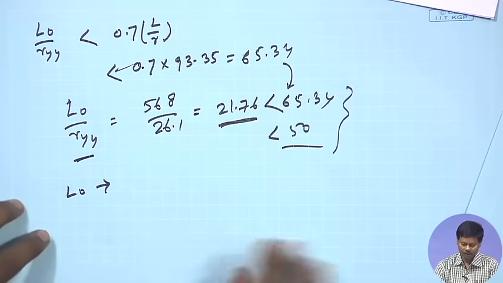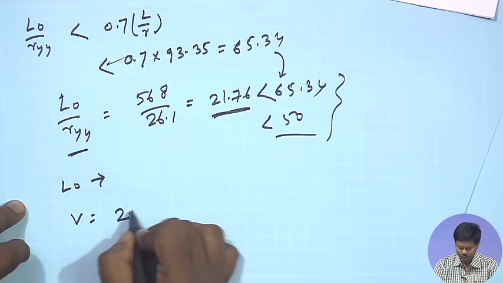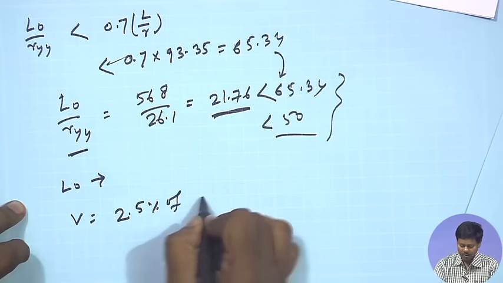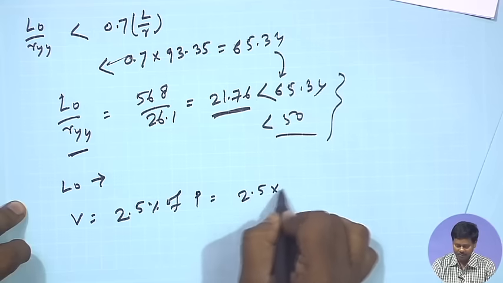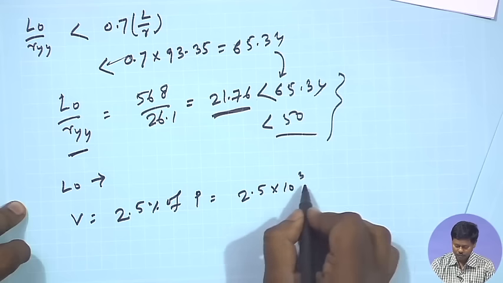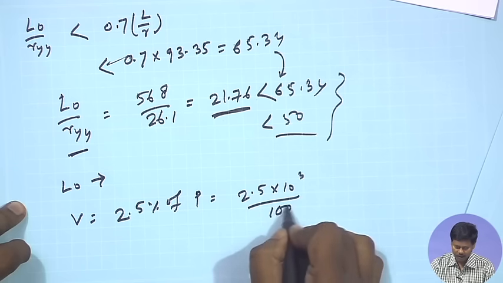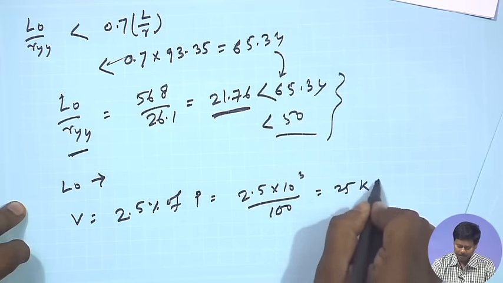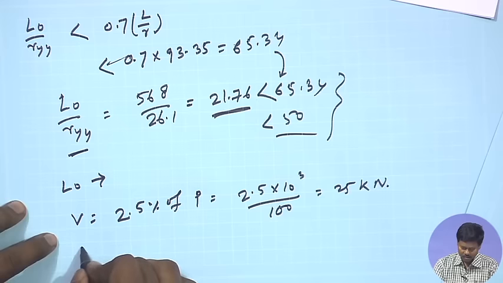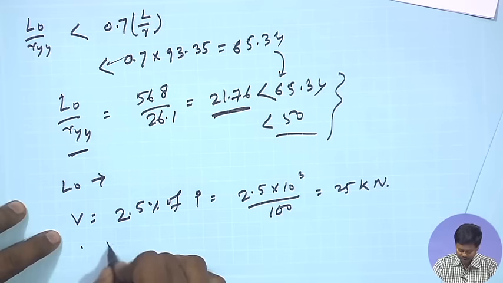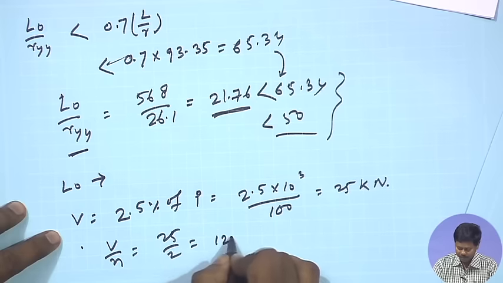right. Now, we will find out the maximum shear V. As we know, maximum shear will be 2.5% of the compressive load. So we can find out 2.5 into 10 cube by 100. So 25 kilonewton, right. Now, in each panel transverse shear will come in each panel as V by N, that will be 25 by 2, that will be 12.5 kilonewton,